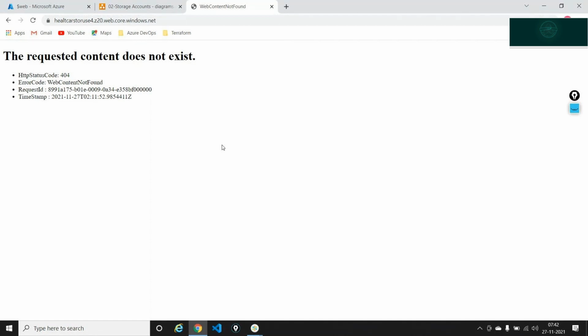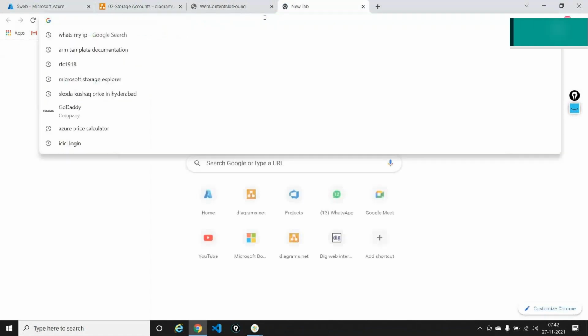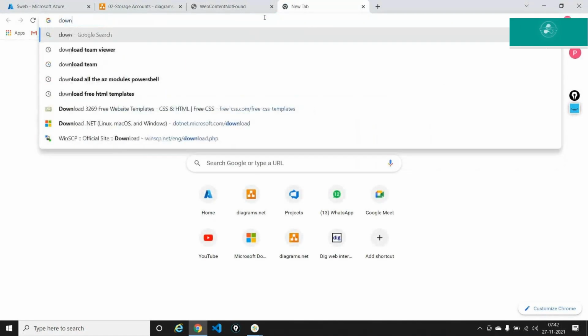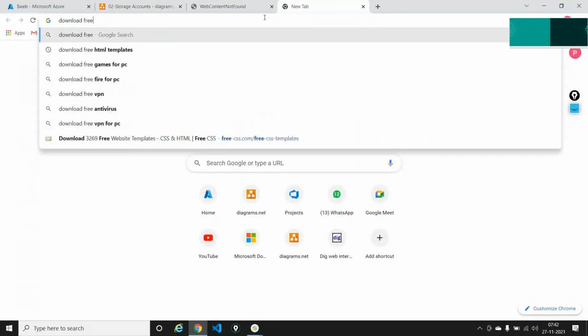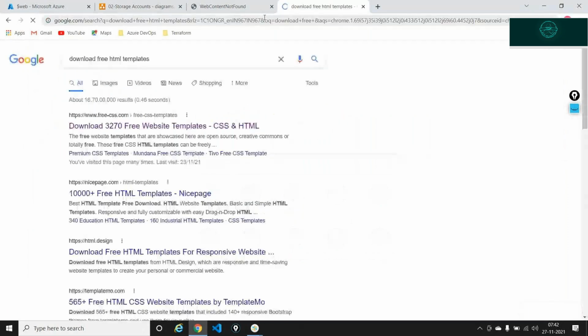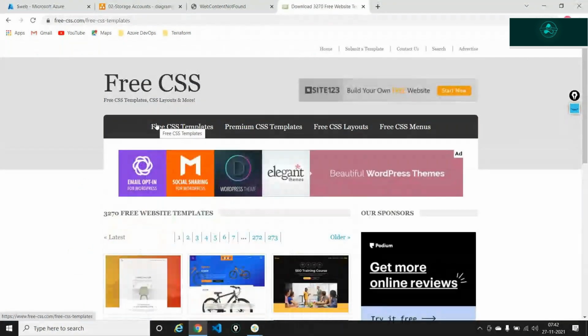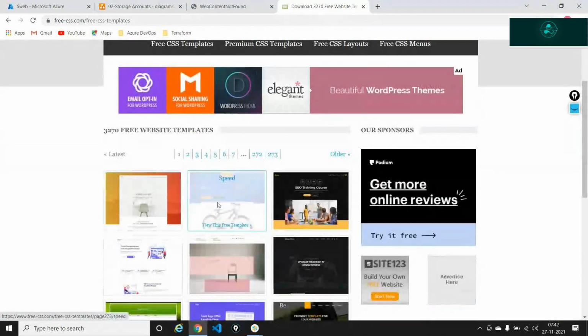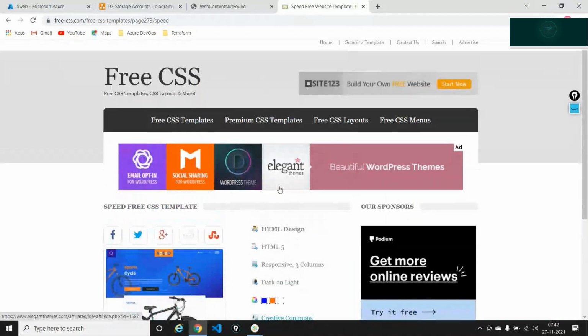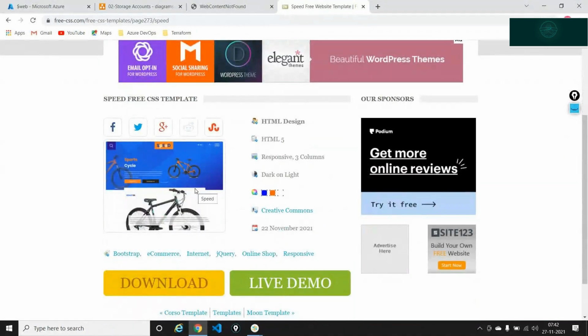What I'll do right now is that just for this demo, I'll go ahead and download a very simple HTML template. So, download free HTML templates, and I'll use a website known as freecss.com here. This is where you get a lot of HTML templates and so on. I'm just downloading a very simple template. This looks like a cycle website where they sell cycles and all that stuff. I'll say download,